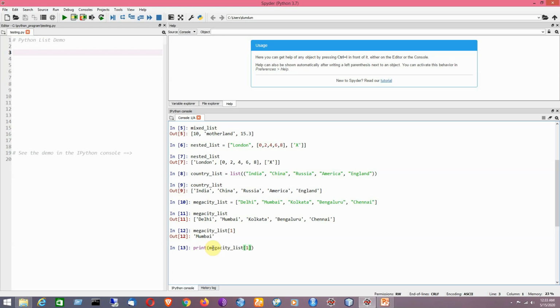So that is showing the same thing. Clear? So instead of using the print function, we can use the variable name directly in the IPython console.